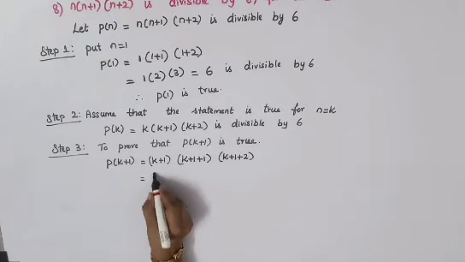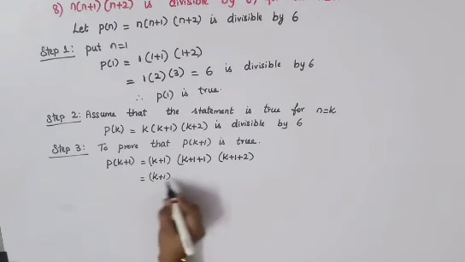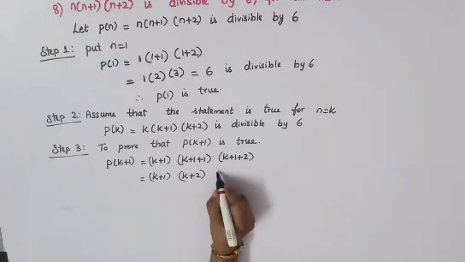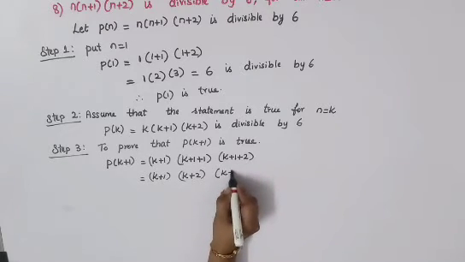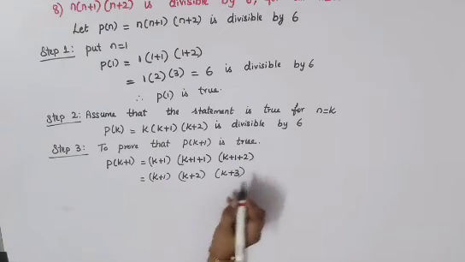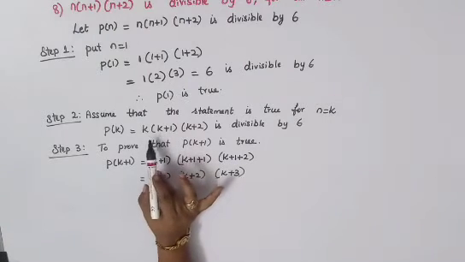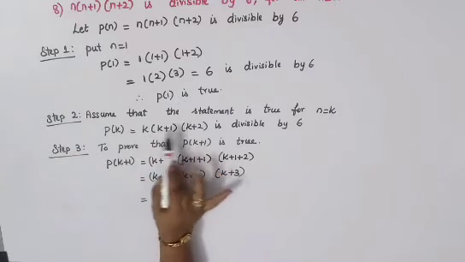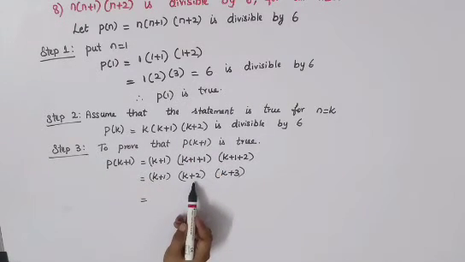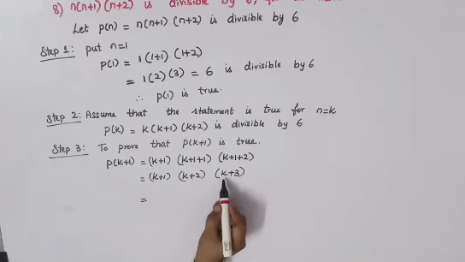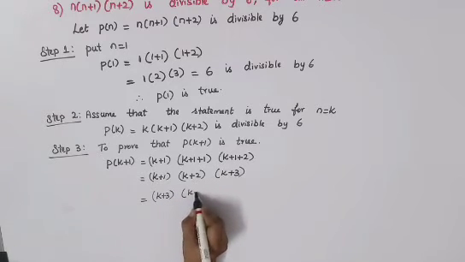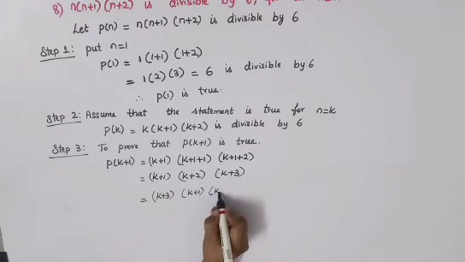So which is equal to k plus 1. This is k plus 1 plus 1, it will become plus 2, k plus 2. Again k plus 1 plus 2 is there, so plus 3, k plus 3. So now just see your step 2, you have got k into k plus 1 into k plus 2. Try to replace these terms. Okay, so k plus 1 and k plus 2 is there, we need one more k. So what I am going to do is just interchange this and write k plus 3 into k plus 1 into k plus 2.